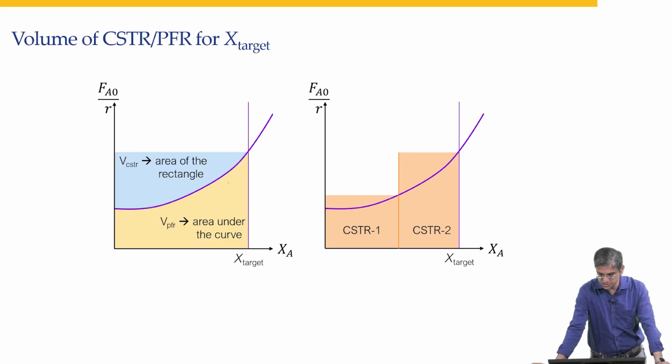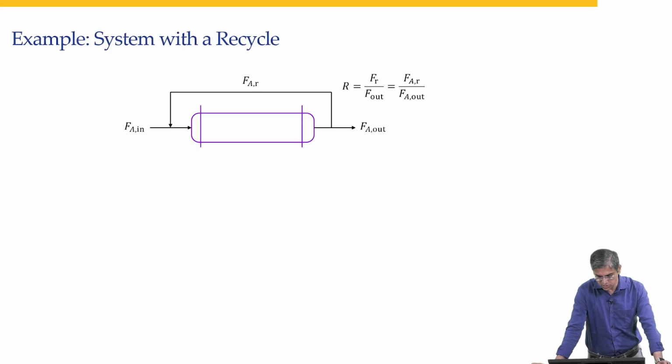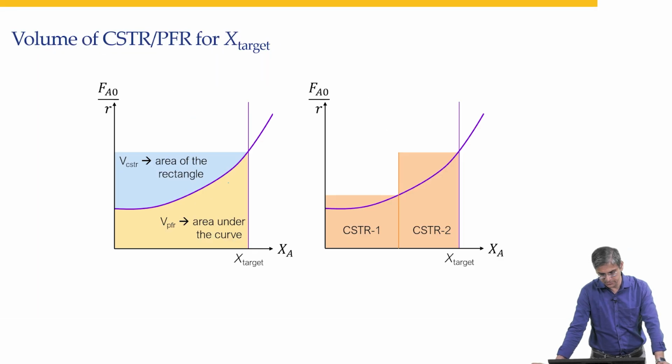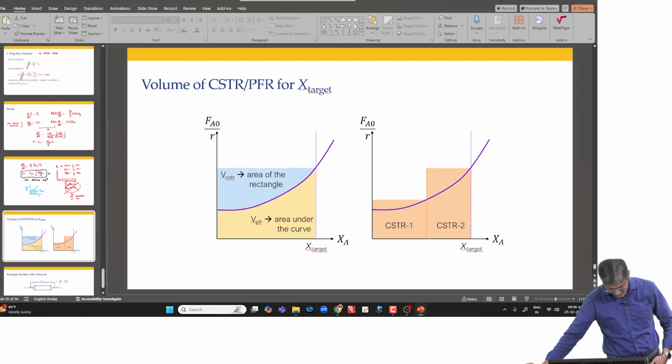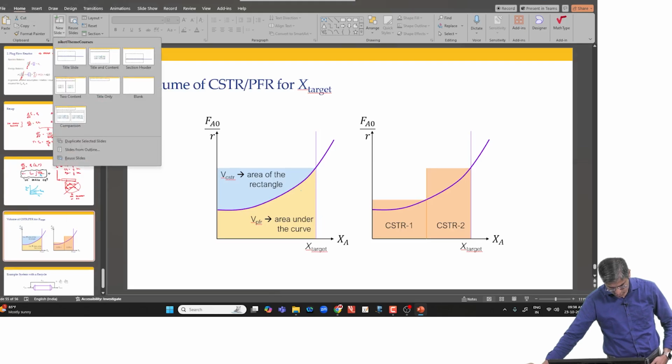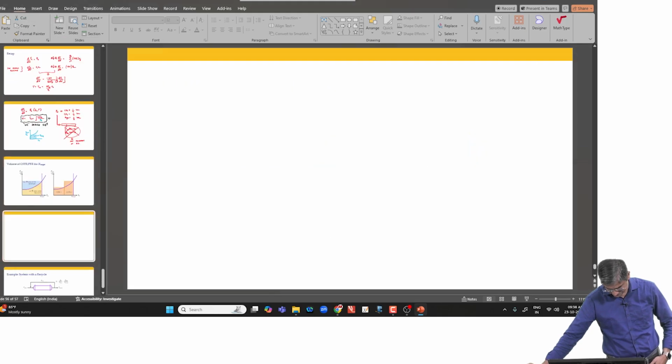If you have two CSTRs in series, you have two boxes that you draw. This is what you have done in your undergraduate course, and you might have done an example of a system with a recycle as well, and this is what we are going to use in today's example. Okay, so